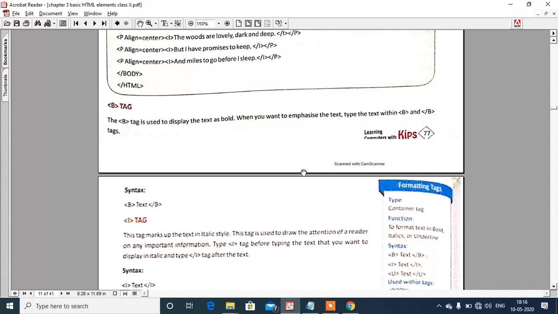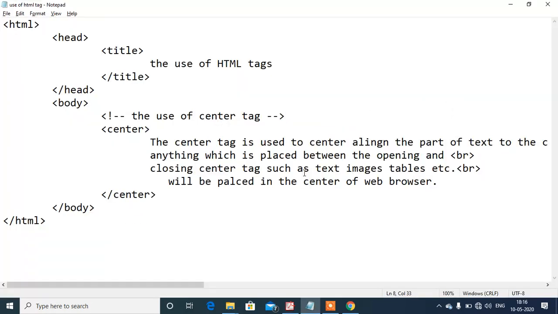So first, the B tag. The B tag is used to display the text as bold. When you want to emphasize the text, type the text within B and close B tag. For example, here, suppose we want the center tag, the characters center tag are placed between B tags.